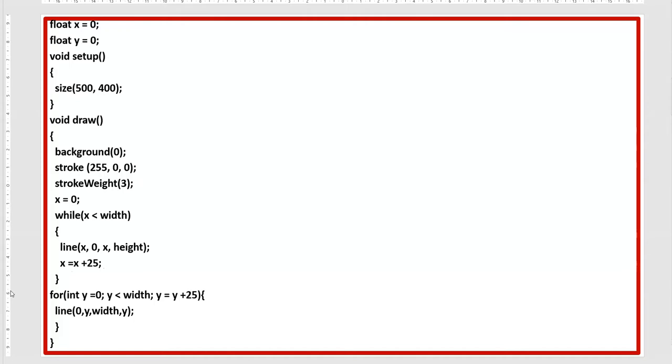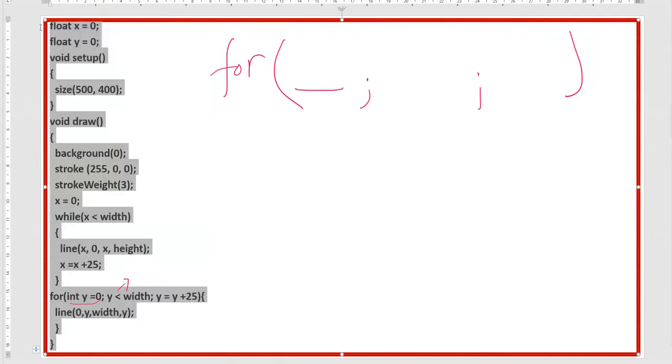See, the same scenario which we discussed in the last slide. Here is the for loop. So keep in mind, in the for loop, between these two parentheses you have to write the three expressions. The first expression is where you declare and initialize the variable, the second is the boolean operation, and the third is the increment operation. All these three expressions you write within these brackets. But in the case of the while loop, the same thing you have to write in three different lines. This is the difference. Or simply you can say that the for loop is the shortcut of the while loop.